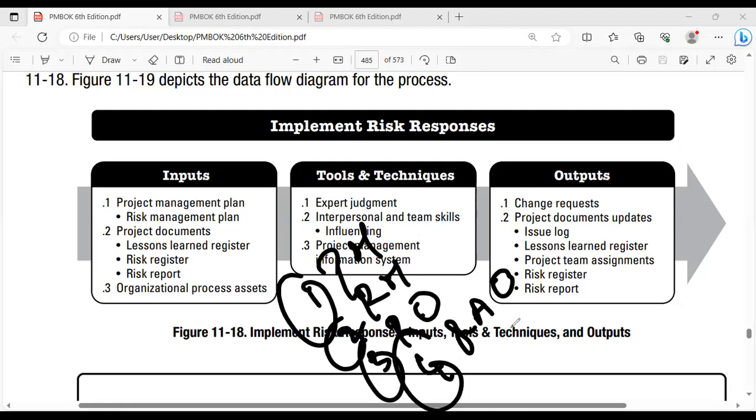Risk action owner. Please be very cautious. You need to make sure there is a risk action owner. The risk owner will be the person. What is the role of the risk owner? He will be managing the risk throughout the life cycle. He'll be the person to develop the responses, and he'll be the person to remind